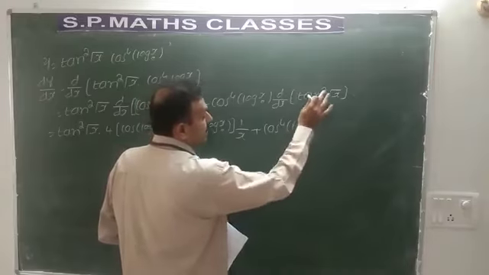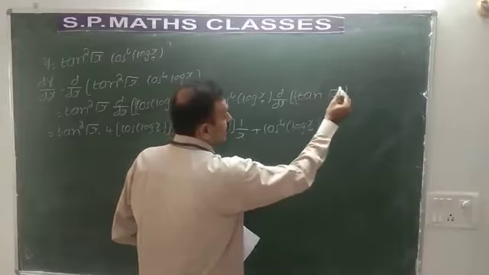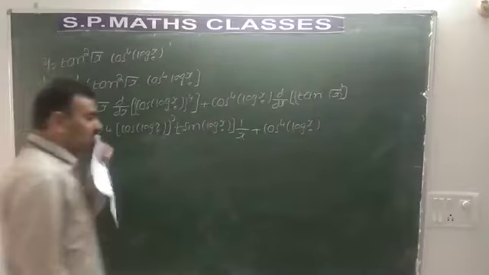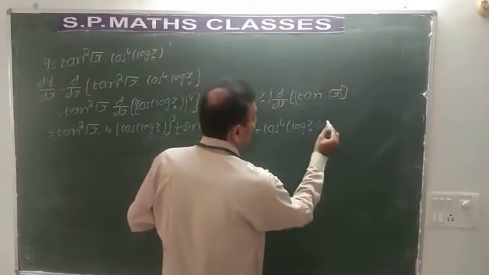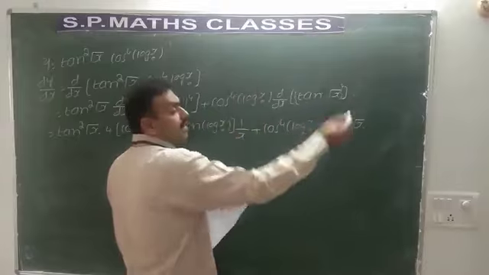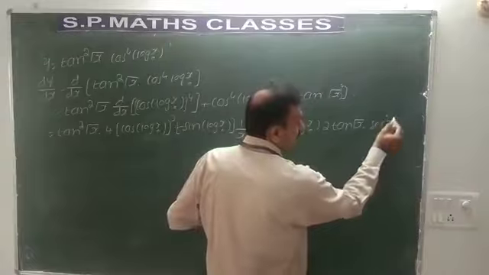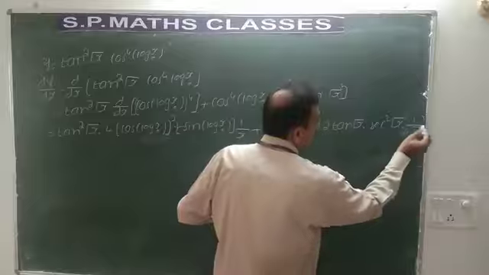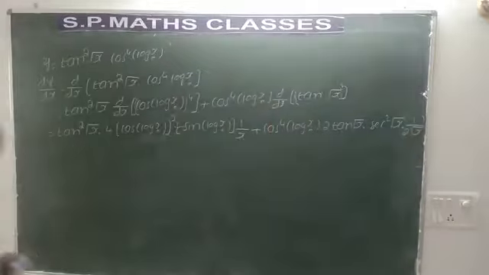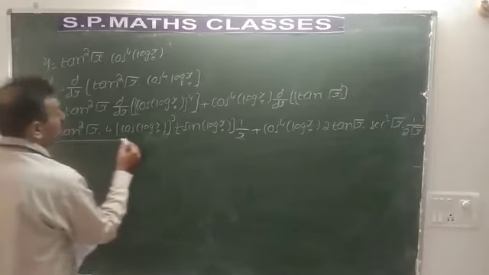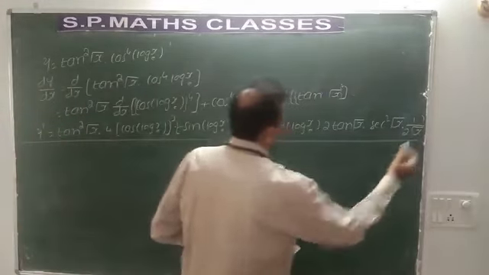See here, you can write it as tan root x the whole square. Tan square root x is tan root x the whole square. X square, you consider it as x, 2 tan root x into derivative of tan root x. What is that? Secant square root x into derivative of root x. It is 1 by 2 root x. This is what the derivative of tan square root x into cos power 4 log x. Hope you have understood this.